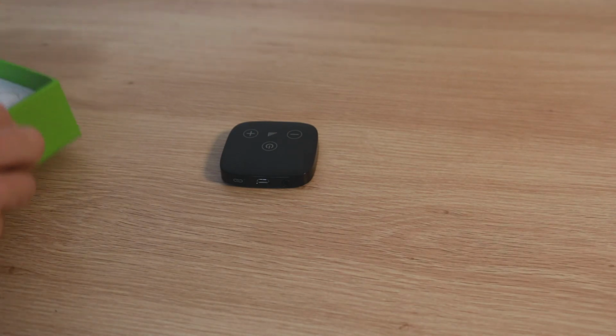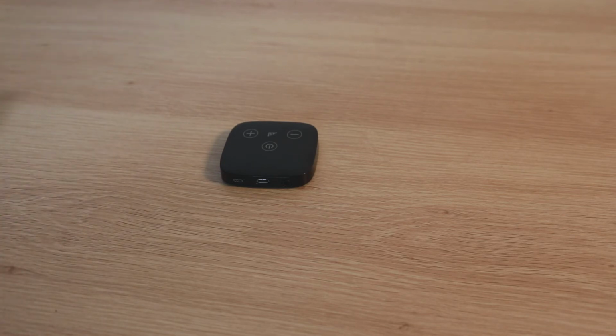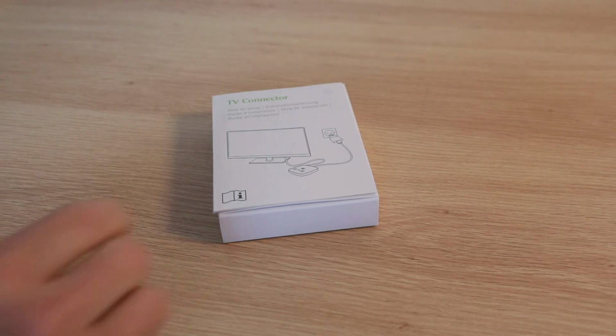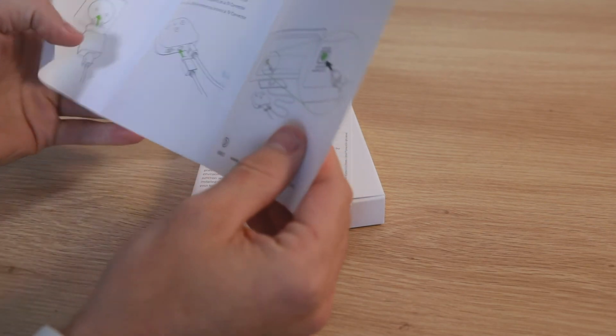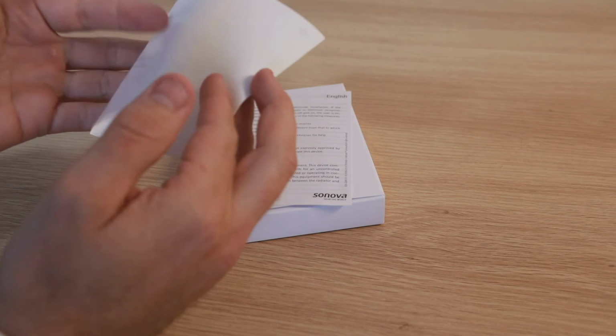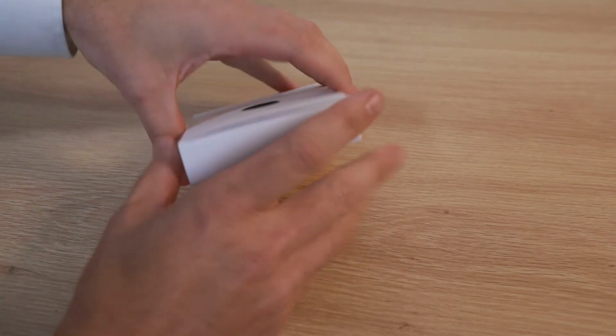Now, let's go into the rest of the device and what you actually get. So here we have the remaining contents of the TV connector box by Phonak, and this is your wires and a few other little bits and pieces. There is a nice little catalogue here that shows you how the device connects to your TV, much like I've explained there. Put that to the side. Some more information with compliance and that sort of thing. And then we have this